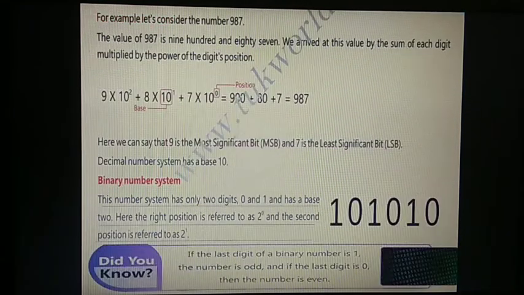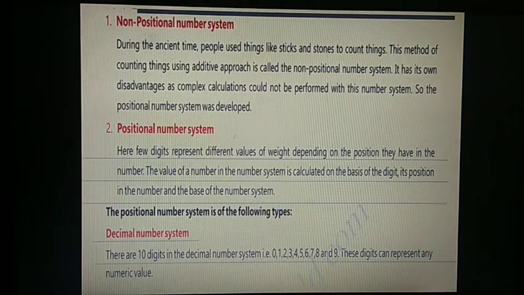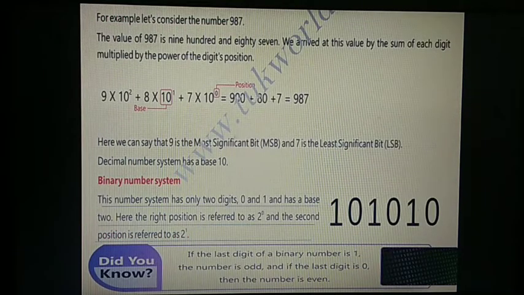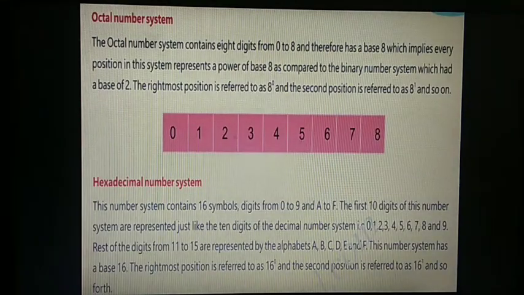Okay, so let's have a glance at what we have learned. In the decimal number system, as the term suggests, we are using 10 digits for the numeric value, that is from 0 to 9. In the binary number system we are using only 2 digits, that is 0 and 1. For the octal number system we are using 8 digits, that is from 0 to 7, not from 0 to 8 but from 0 to 7.